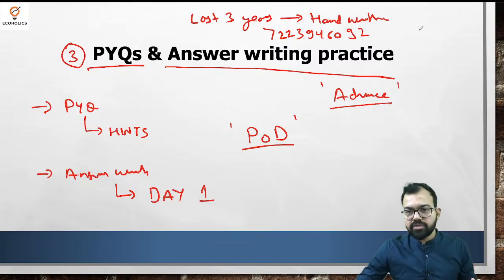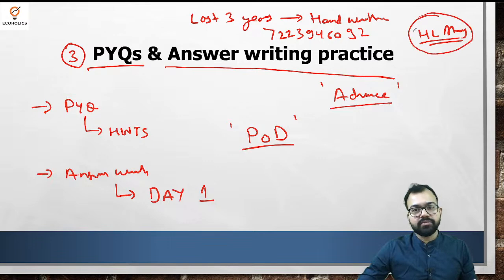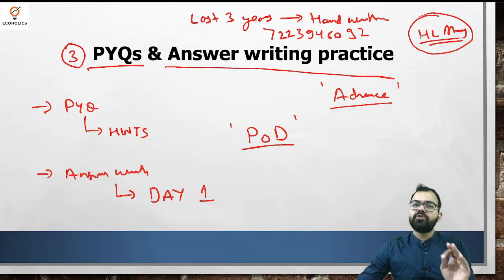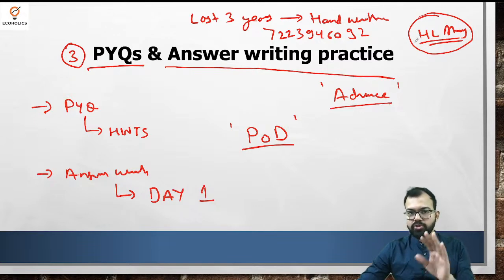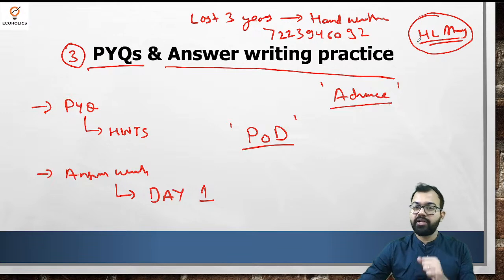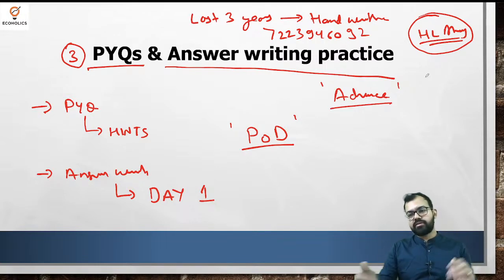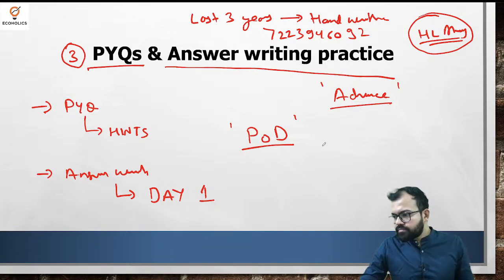If you read H.L. Ahuja, Advanced Microeconomics, that book covers each and everything about microeconomics. No question will go beyond this. So just keep in mind that you have to prepare topic-wise notes, because ultimately what is written in the book doesn't matter. Whatever you write in your notes matters, and how to make notes, I'll tell you in this session itself. Just stay tuned. Those notes will help you revise the content very quickly, because revision is the key here. There's a lot of content. If you're not able to remember it in the examination hall, there's no use of it.